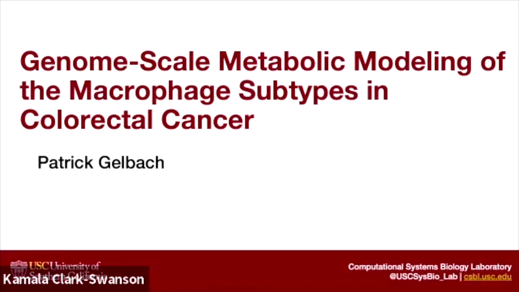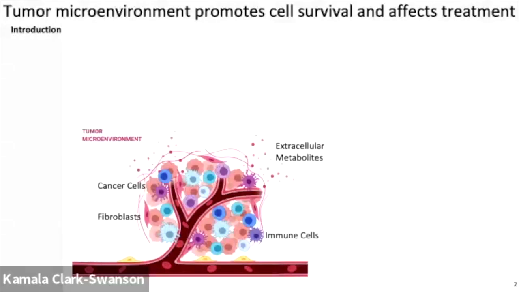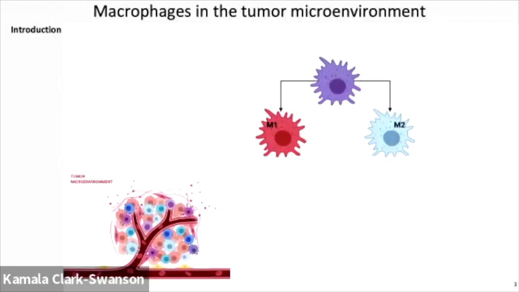is not just the cancer cells themselves, but the fact they exist within this complex microenvironment consisting of different cell types, such as stromal cells, immune cells, different extracellular metabolites that are secreted by those cells that all come together to affect the way that these cancer cells behave and can really collectively be viewed as an active promoter of disease. And so the most common type of immune cells in the tumor microenvironment, and ones that I found particularly